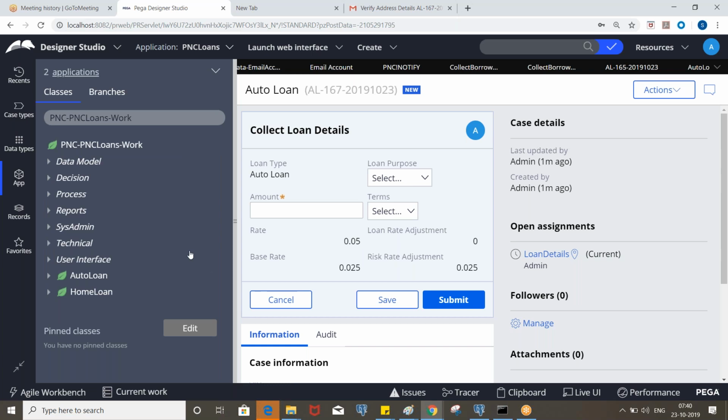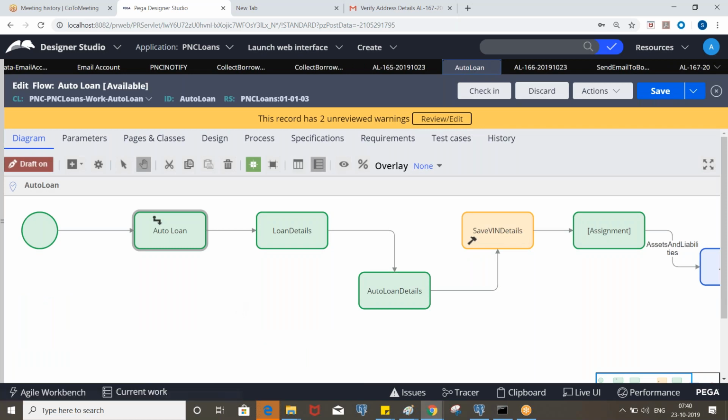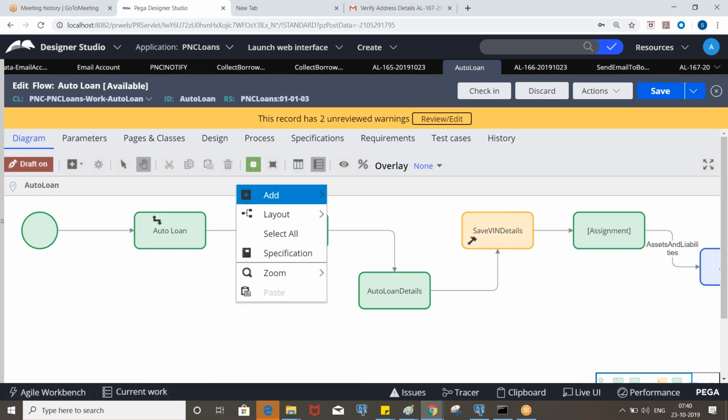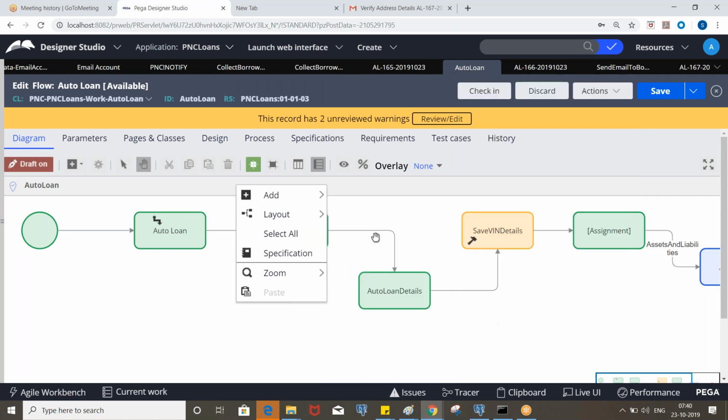So this is one way of sending email. Mostly we use this method, and in the flow we have a smart shape called send email. We can also use that. Okay, so let's take the auto loan flow. Go to the smart shape.